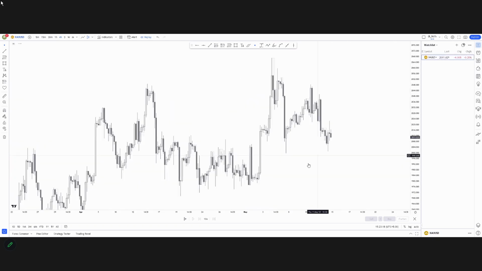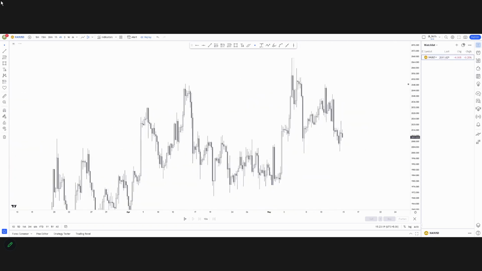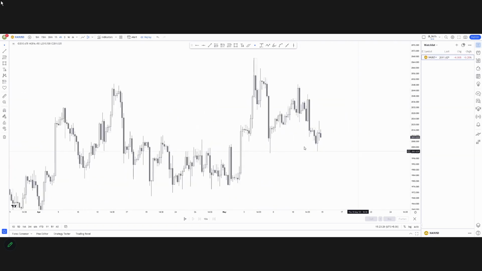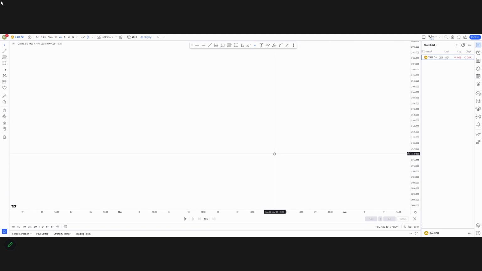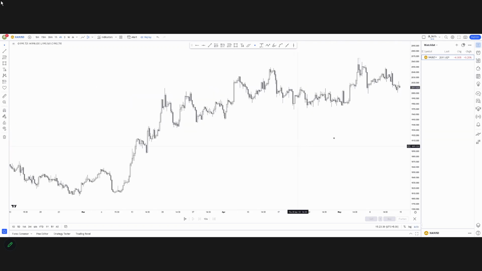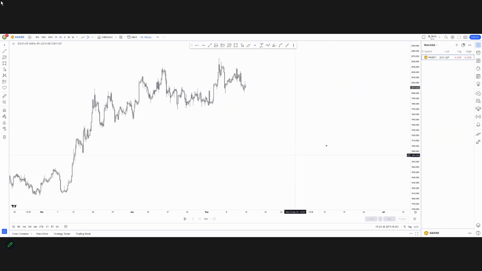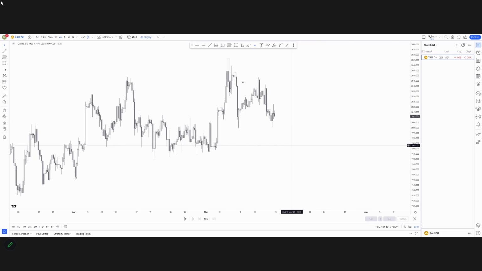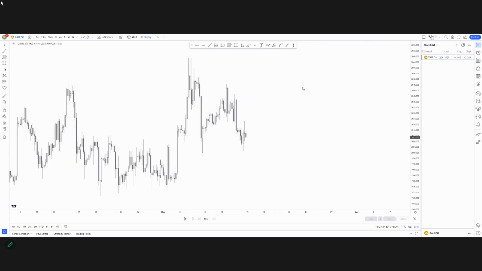So now, how am I going to combine this to get the precision entry? First I need to find the bias. Before I teach you the strategy that we're going to be using,